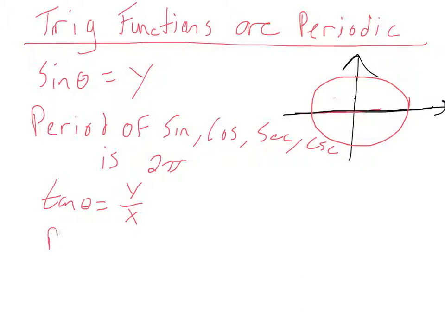So the period of tangent, and by connection cotangent as well, since it's the reciprocal of tangent, is pi. So knowing the period is important, and that means there are some important properties that stem from that, right? So first of all, an important property is,